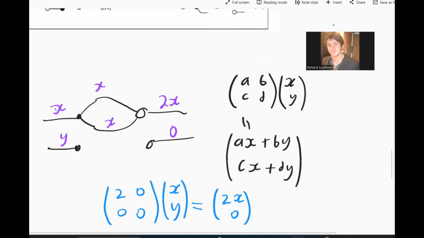0. And so, in a sense, we can think about this part of our diagram as really corresponding to this matrix 2, 0, 0, 0. Now, if we want to be even more explicit about what this calculation is, we could even add a little bit onto the left-hand side of this. So we could say, okay, rather than annotating